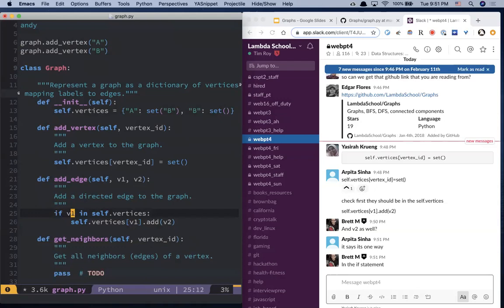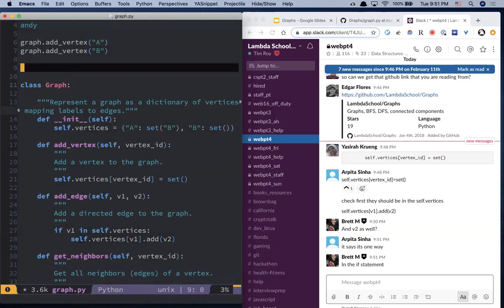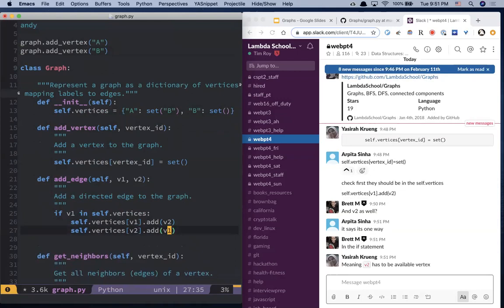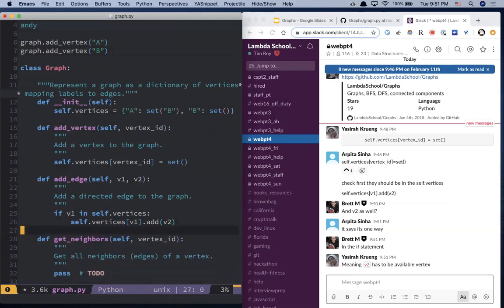I thought Brett was asking, should we always add a connection, like that? But that would make an undirected graph, as Arpita points out. Like in Facebook, if I have a connection to you, then you always have a connection to me. But actually, Brett is pointing out that we don't want to say that V1 is connected to V2 if V2 is not in our